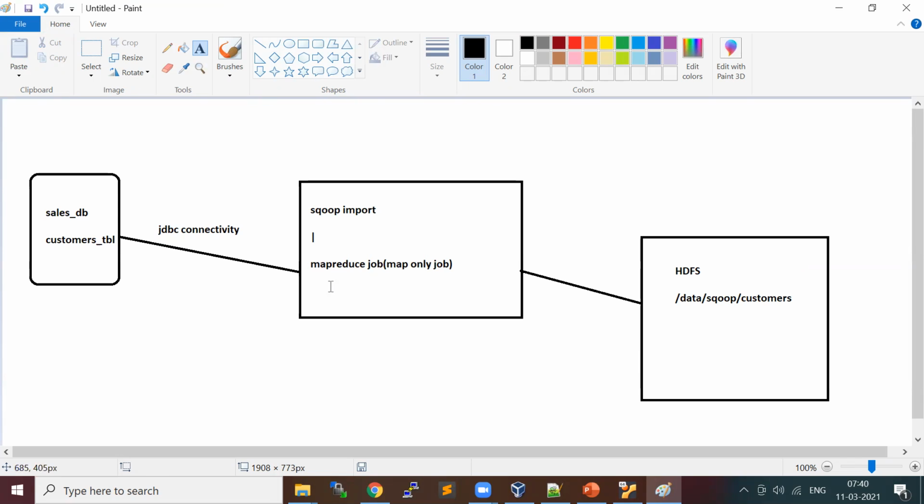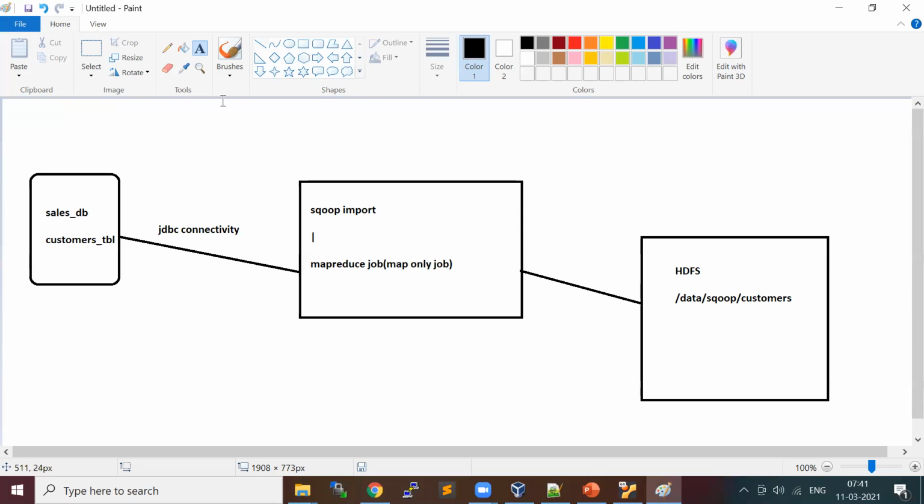So in a nutshell, whichever database supports JDBC connectivity, from those RDBMS databases you can bring the data to the Hadoop system. So it's very simple. If you want to define what the Sqoop import command does, it makes the JDBC connectivity to the RDBMS table and brings the data to the HDFS.